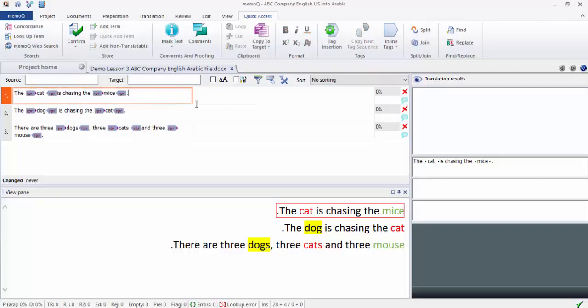Here we have two segments, the first one and the second one: the English segment and the Arabic segment. What I want to do now is translate. While I am translating, look at the preview, because here MemoQ gives me a preview. It tells me how the document will look after I finish the translation. Let's translate. القطة تطارد